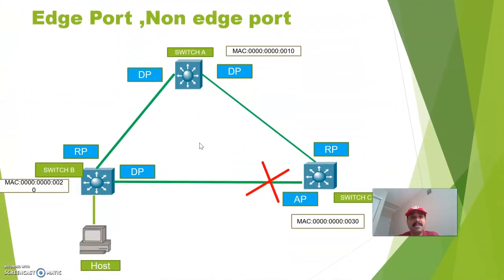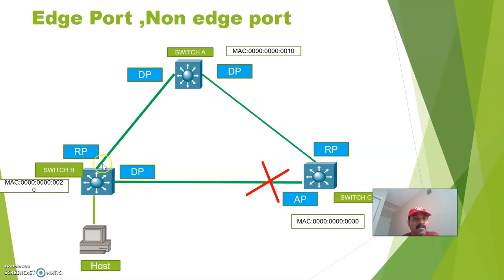So what are edge and non-edge ports? An edge port is a port where a single host connects. This is an edge port. On this port, we configure the PortFast feature, which shortens the listening and learning stages and quickly moves the port into the forwarding stage. That is the purpose of an edge port. A non-edge port is a port connected to a switch. So we call this an alternate port, discarding port, or non-edge port. This is the port always connected to a switch, right?